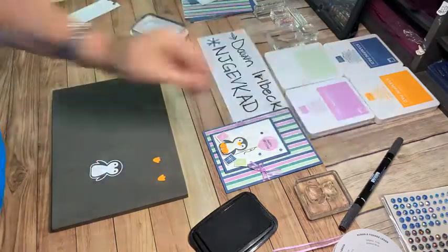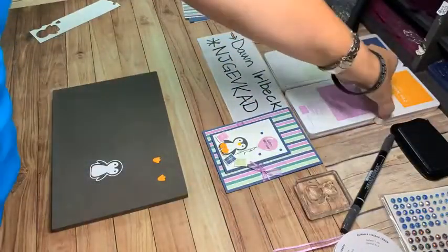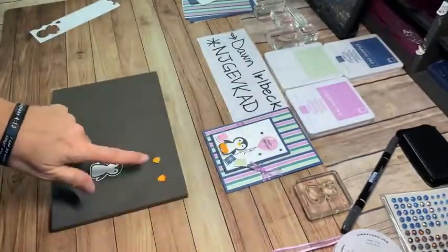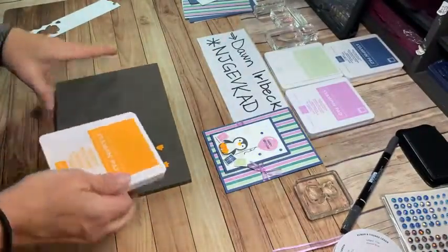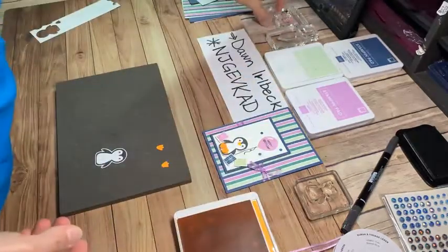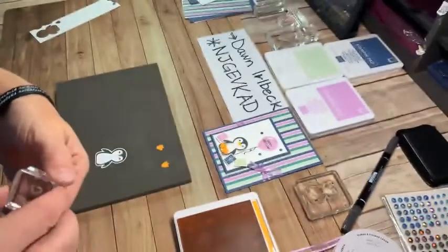I'm going to go ahead and finish my penguin, and in doing that, let me get rid of my lid here. I'm going to reach for the Mango Melody ink pad, and that's the same color as the cardstock that I cut those cute little feet out with. So lots of little tiny stamps in here. So there's the beak that I'm just going to ink up